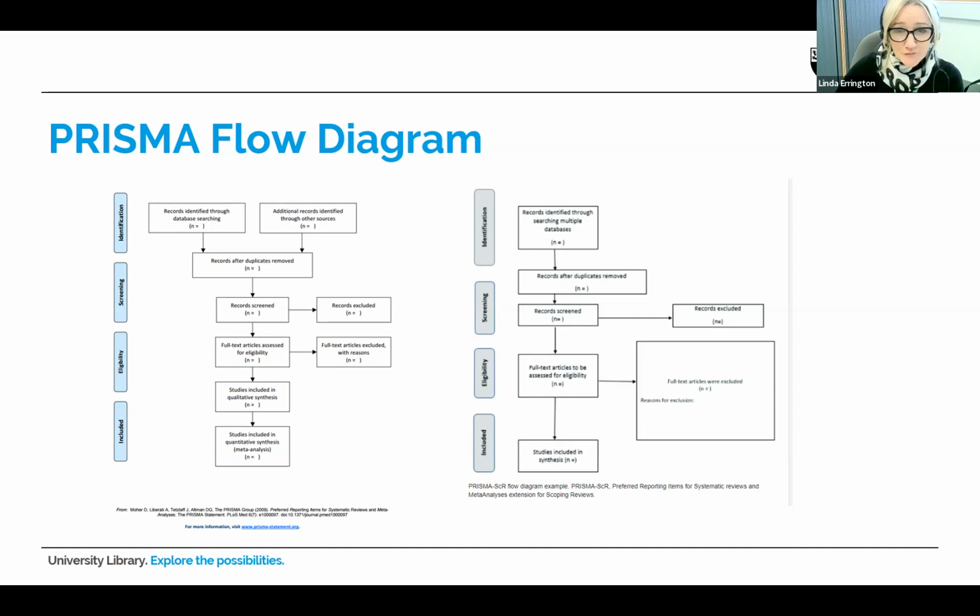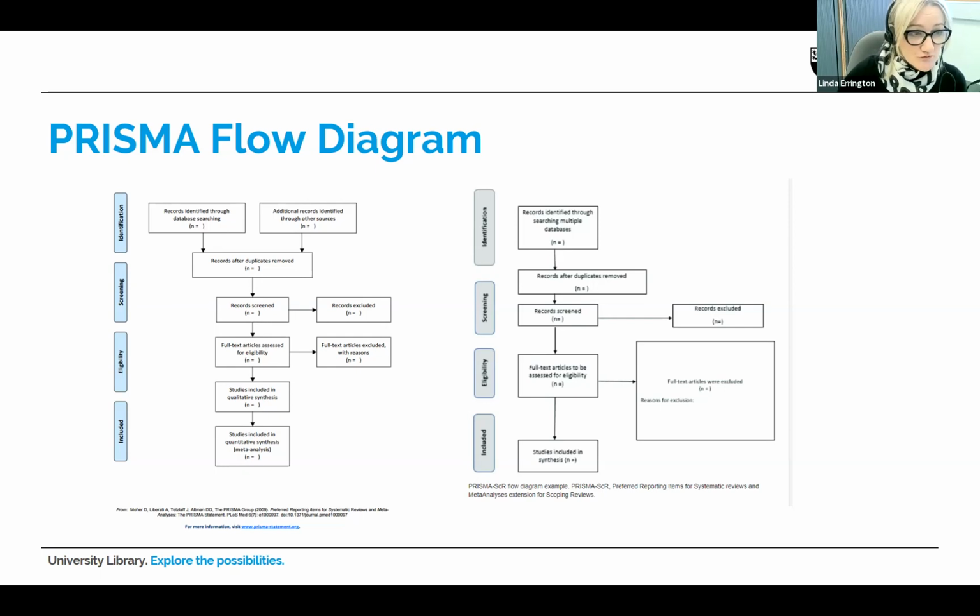So anything found by a citation process or by any other means might go in the top right hand box, so you've got additional records, but all of the results found by your search strategy will go in the top left hand box here. So records identified through database searching, this is where you record the number before deduplication, because it's not until this next box that you record the number after deduplication.